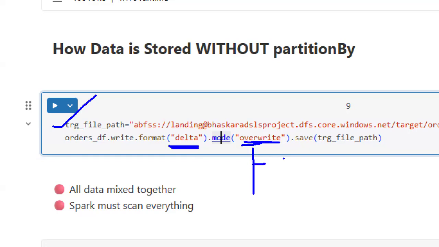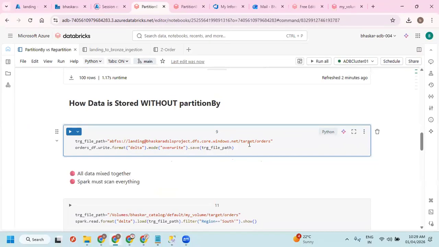We basically have two modes we are going to use: one is overwrite and the other is append. Most of the time we are going to use append. Let it be overwrite here. And then I'm just going to write this data into this particular folder, and it is going to have a part file inside this folder. Just observe. Let me write it.